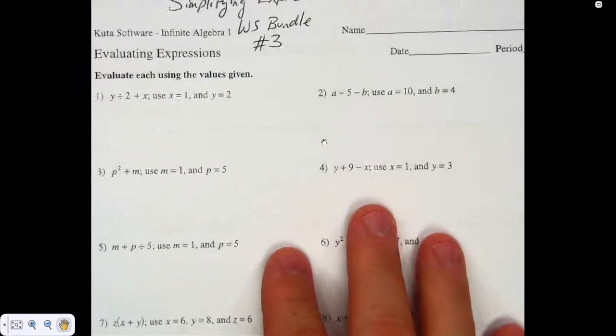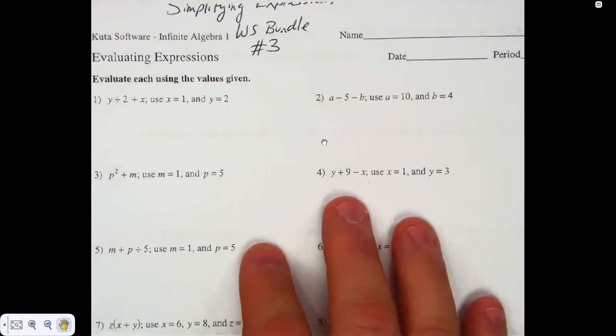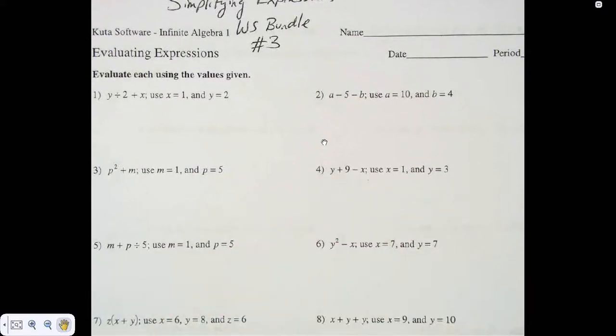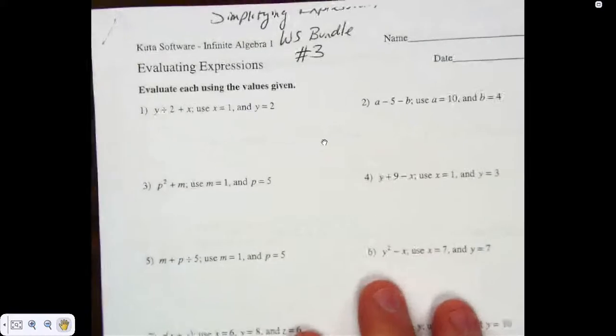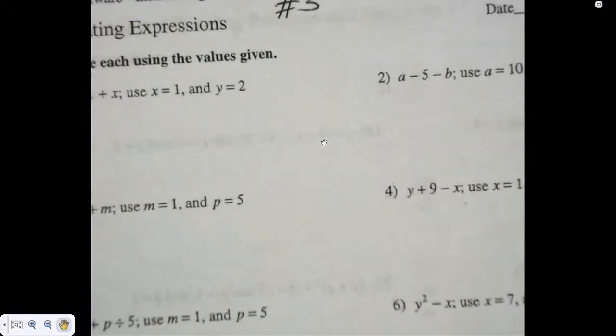It's cut off there a little at the top. Should play simplifying expressions, worksheet bundle number 3. Focusing on number 1, we'll do